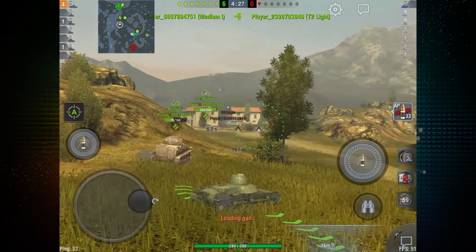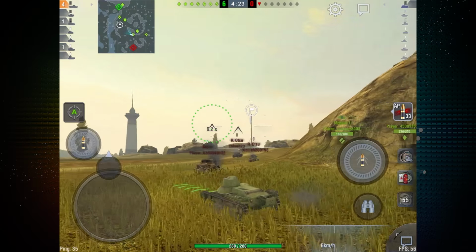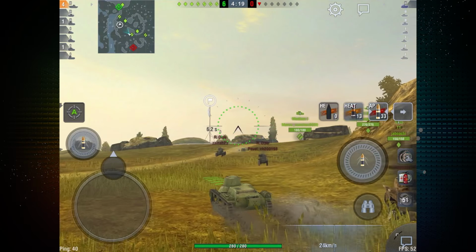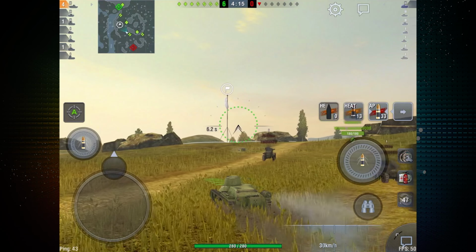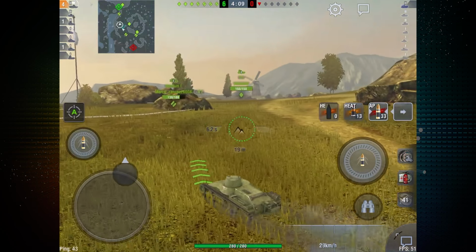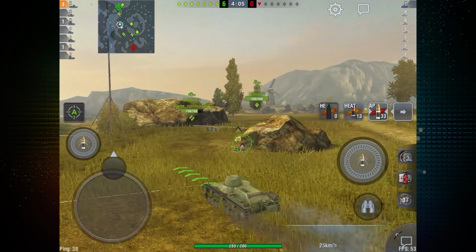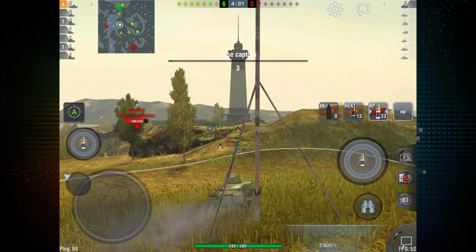Team's going to finish him off 7-on-1. Gotten 4 kills so far. Thinking this could be my mastery game. So I'm going to push up to the flag and draw him out, and I notice that tank down there just lost some hit points, which makes me believe that he is probably over there